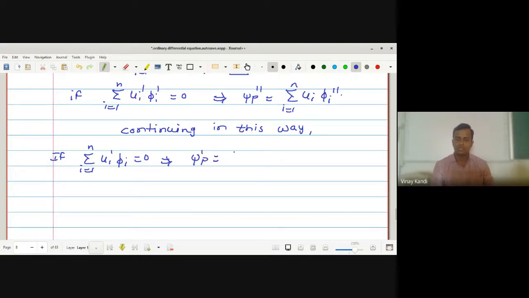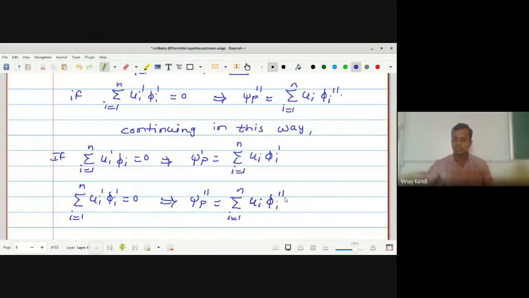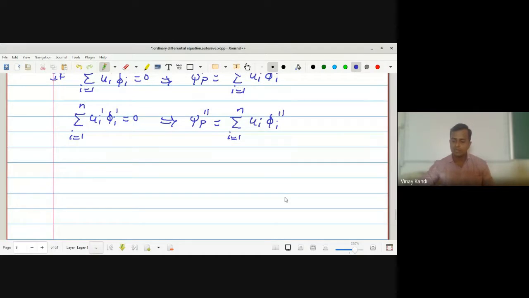is equal to, here we get ψp'. What did we get earlier? Summation i running from 1 to n ui φi'. Okay, summation i running from 1 to n, ui' φi' is equal to 0, after assuming this, what did we get? ψp'' is equal to summation i running from 1 to n ui into φi''. Okay, similarly